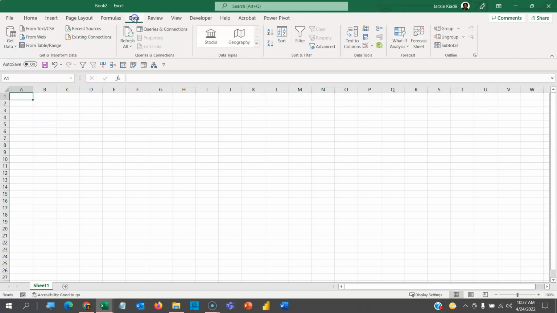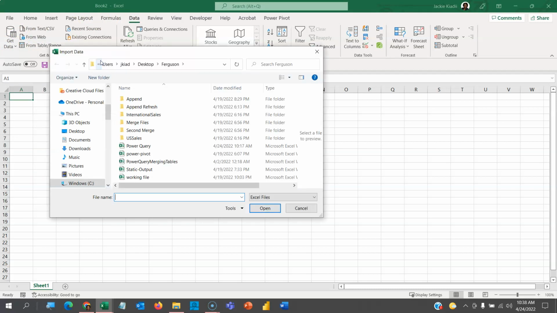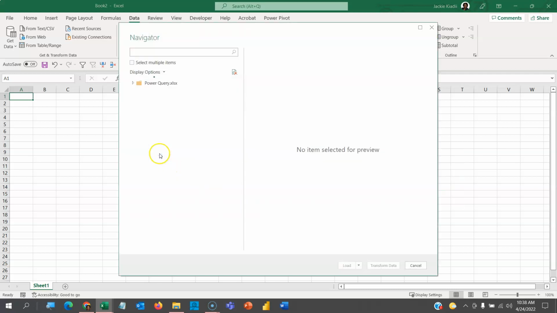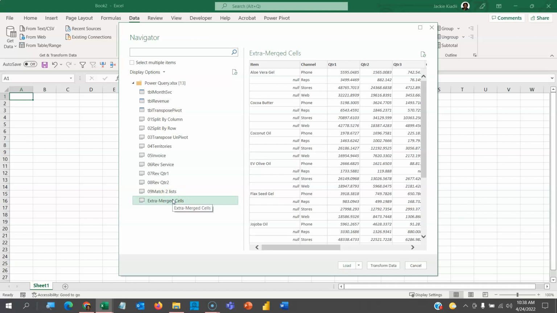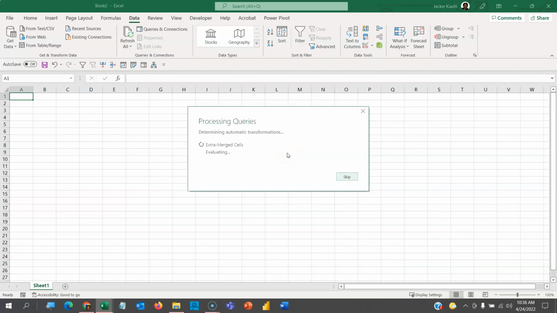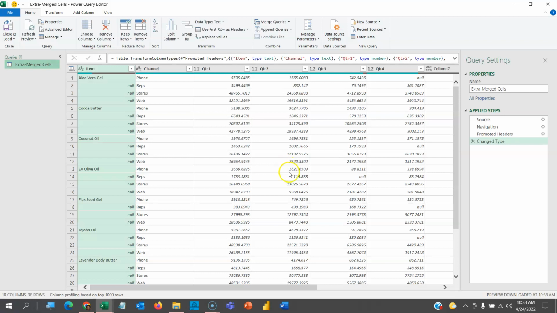And then I'm going to go to Data, Get Data, From File, From Excel Workbook. Okay, I'm going to select my Excel workbook and click Import. And in here, I am looking for this sheet. Okay. At this point, I'm going to click Transform Data in order to bring it into the Power Query editor. And here we go. It brings it into the Power Query editor